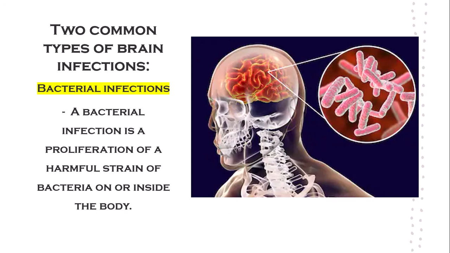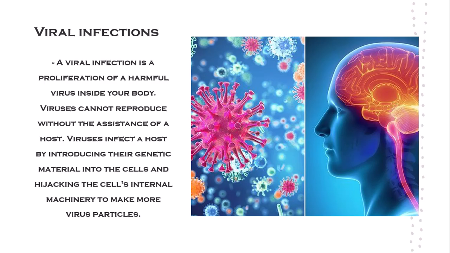And there are two common types of brain infections. First is bacterial infections. A bacterial infection is a proliferation of a harmful strain of bacteria on or inside the body. Bacteria can infect any area of the body. For example, pneumonia, meningitis, and food poisoning are just a few illnesses that may be caused by harmful bacteria. That is bacterial infections. Second is